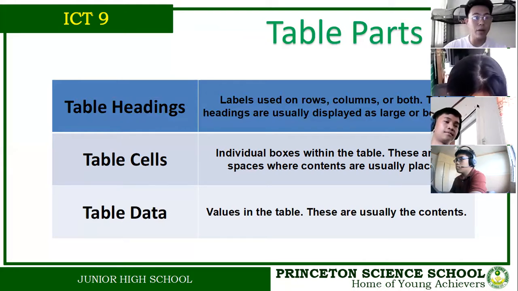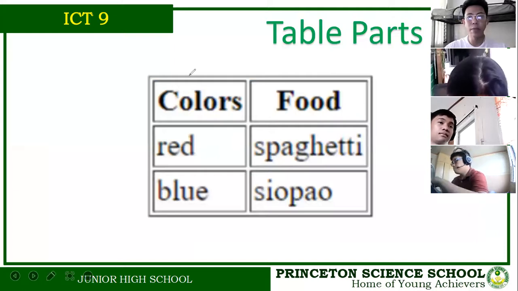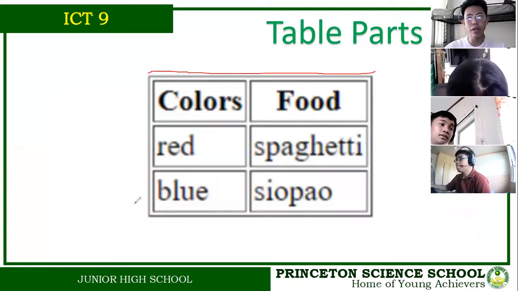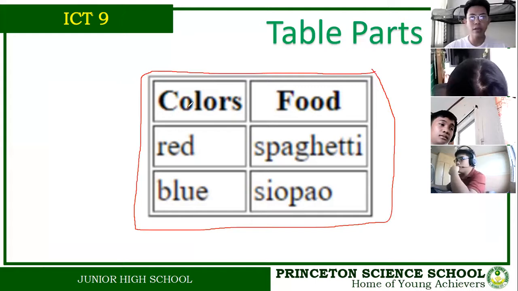Okay, so next we have our example here. We have our table, one whole table, and you can already distinguish our table heading, which is the one on top. The table headings by default have thicker fonts and bigger font size. That way we can clearly see which one is the table header. Okay, and the table cells are the ones forming